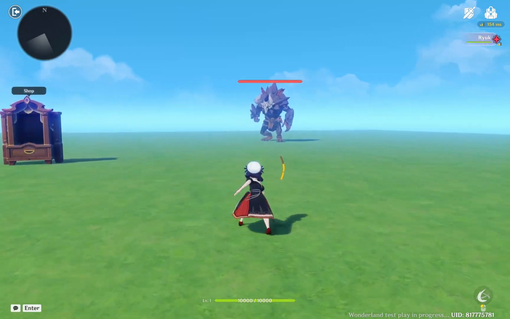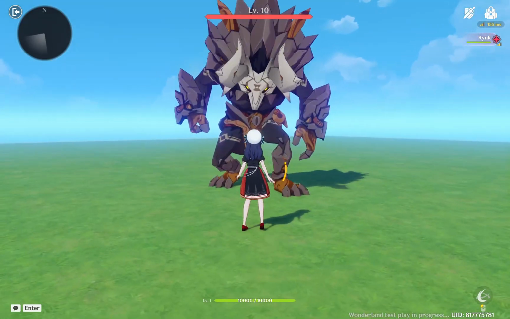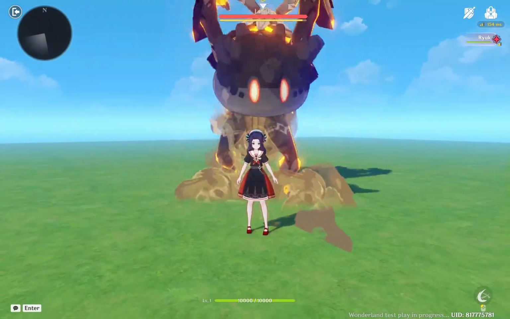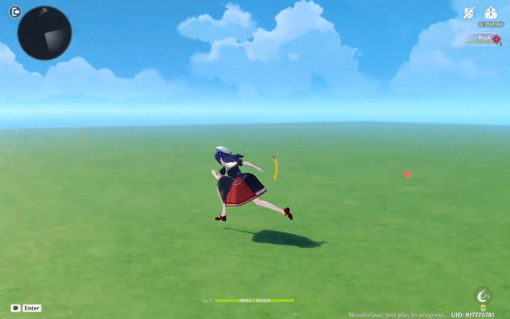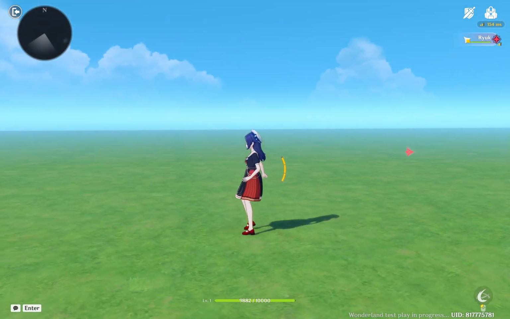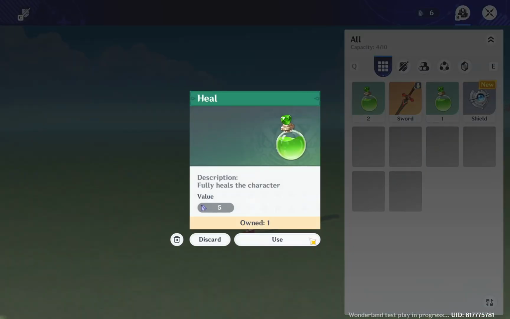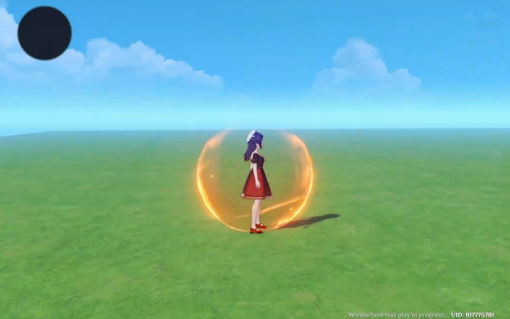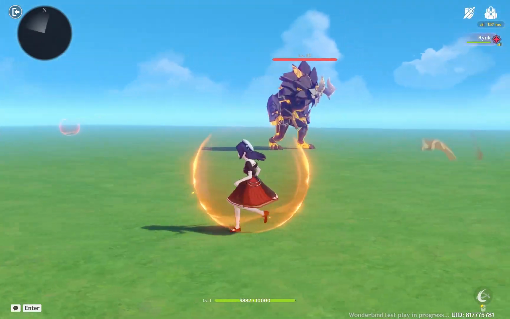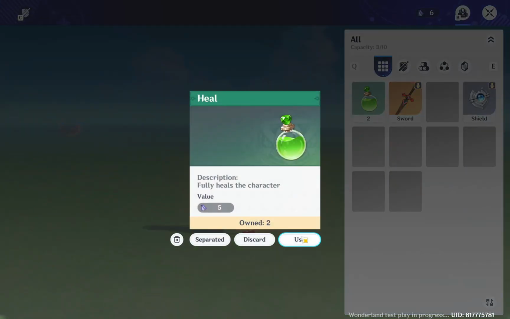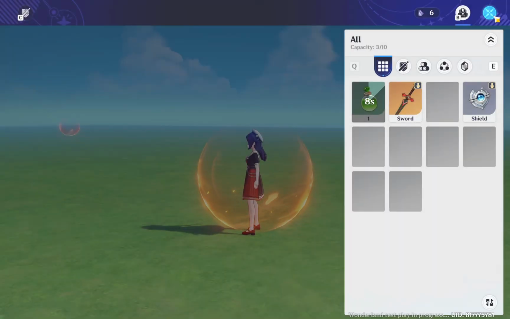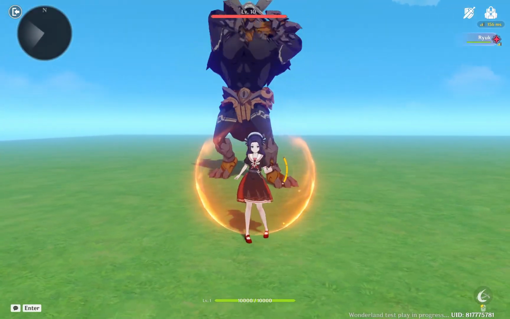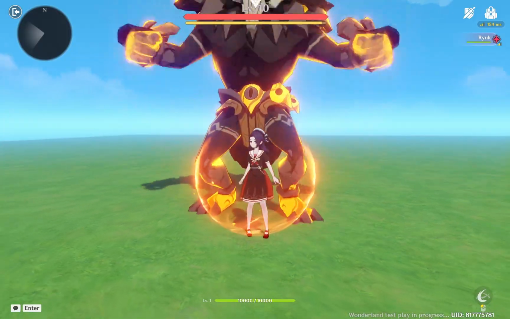So if I fight this monster, he can launch me and damage me. Now I will equip the shield. Okay, I will re-heal. I have the full heal now. If I fight this monster, it damages me as well as